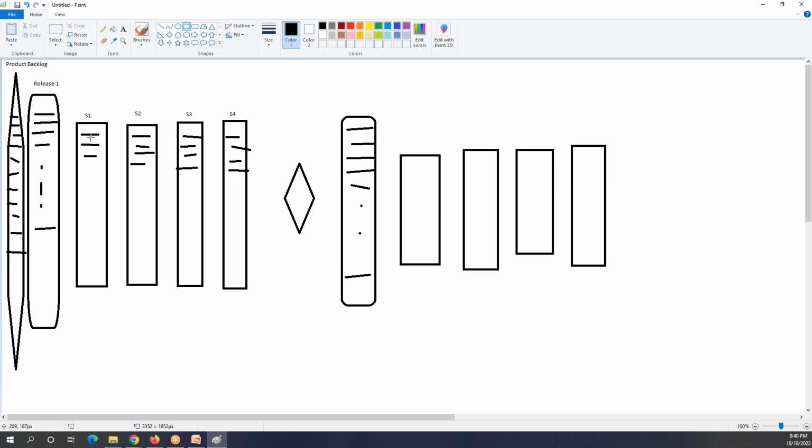How many sanity tests, smoke tests, or regression tests do we have to perform in sprint 1? This is my location right now. After the developer is done with the development, how many of each do I have to perform?